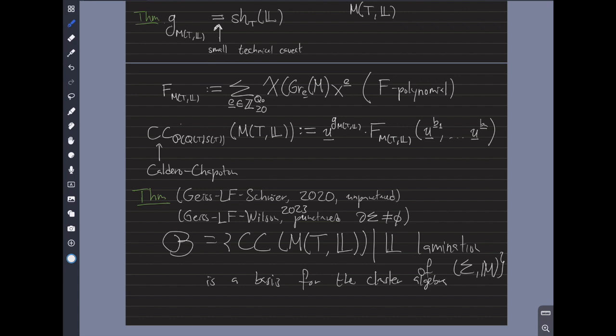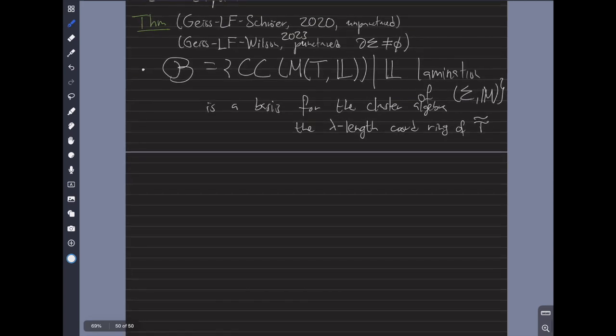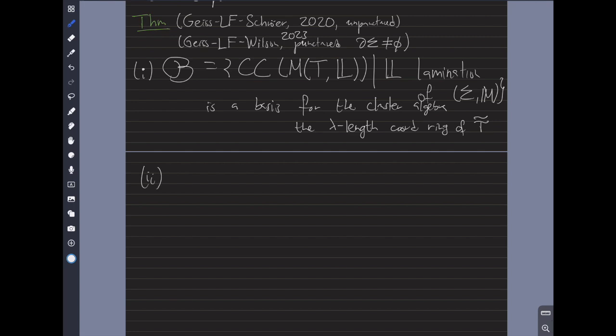Let's say for the cluster algebra structure of this coordinate ring of Teichmüller space, of decorated Teichmüller space. So for the cluster algebra structure of the lambda length, well, not even structure, just directly for that ring, for the lambda length coordinate ring of the decorated Teichmüller space, and second, always actually, for every lamination,